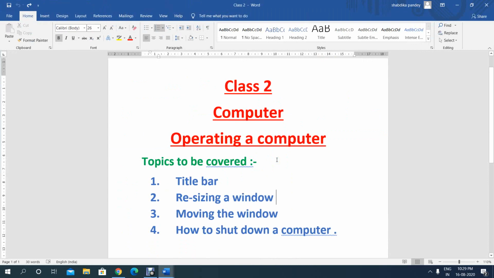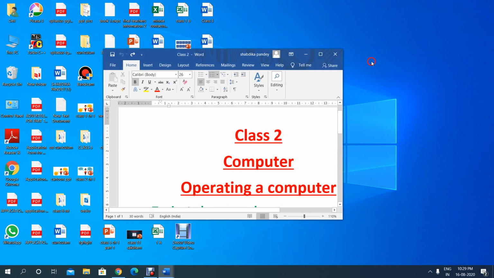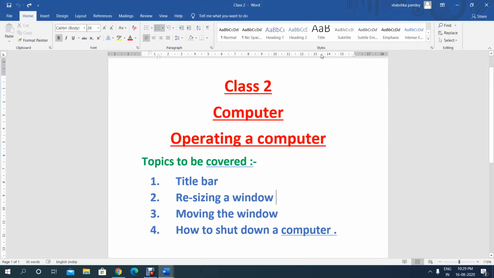So understood children? Once you click on the middle button, it will become smaller in size, and again you press the middle button, it will get back to its original position. So this is how you can resize your window.